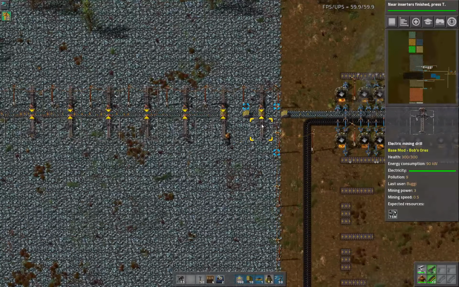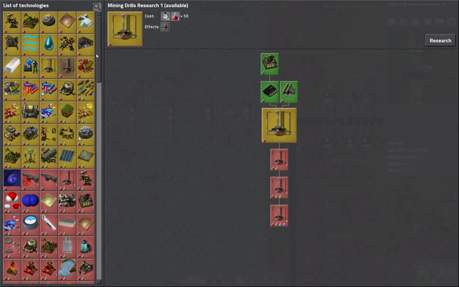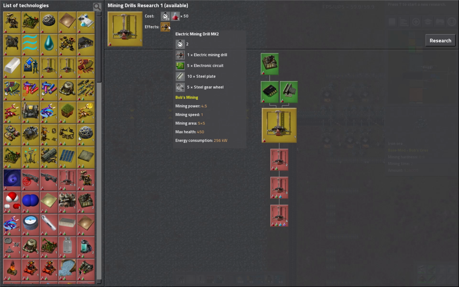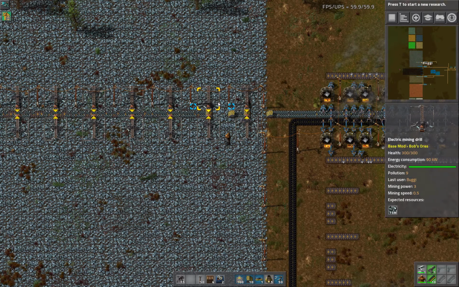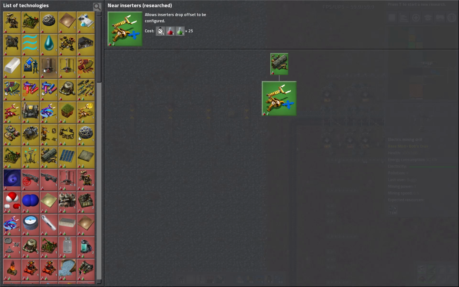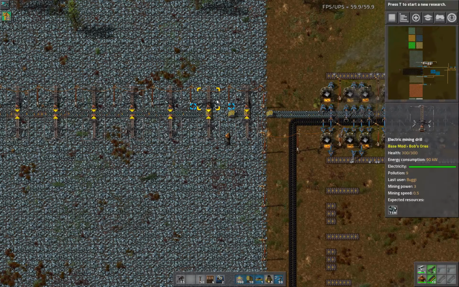Granted, those are just the basic tier of them, and we have now unlocked the next set, which uses steel as the upgraded system. But you can see the mining speed of 1, which I think, yeah, mining speed of 0.5. So this next tier is twice as fast. And the mining power, I think,